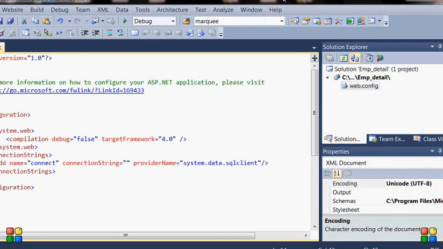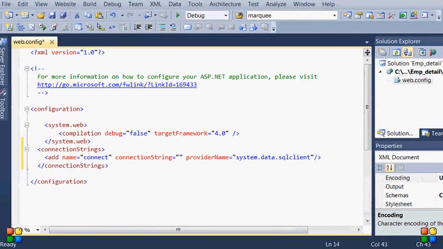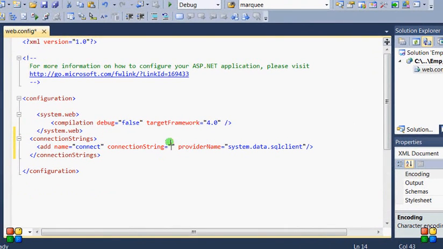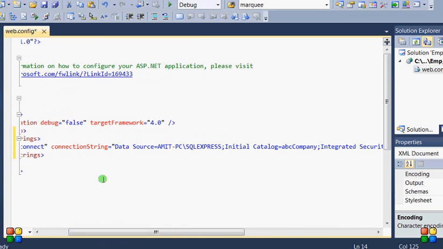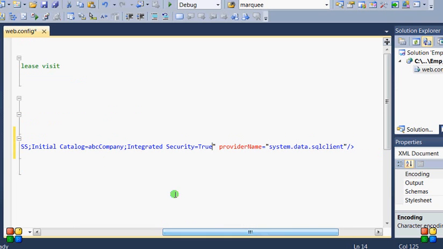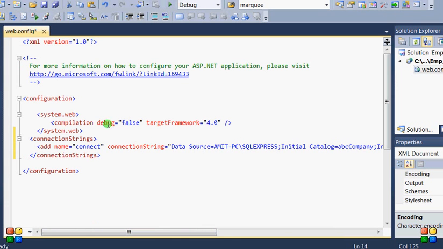config file. Here is our web config file. So just put all the details here. It contains the data source, SQL server, and the initial catalog is our database name, and integrated security is equal to true. So our web config file is created.